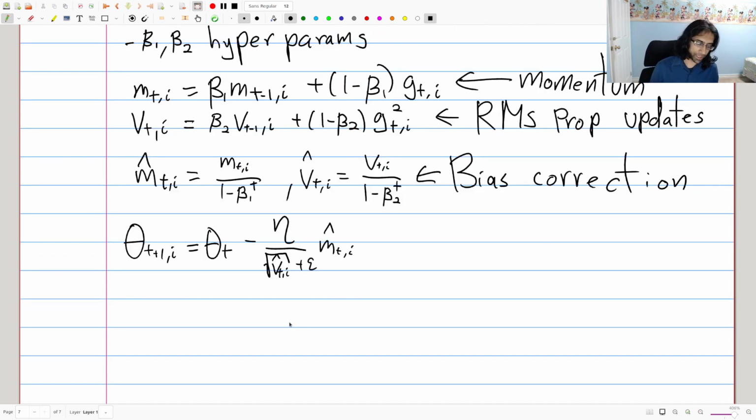Now, one thing to note: why did we do all this? What was the purpose? Well, the purpose was to make it so that we didn't have to be so careful about how we chose eta. This eta is a really tricky parameter, and which eta is good can vary a lot across different data sets. We wanted to skip tuning that, so that it figures out a good eta by itself. So we got rid of the need to tune eta,